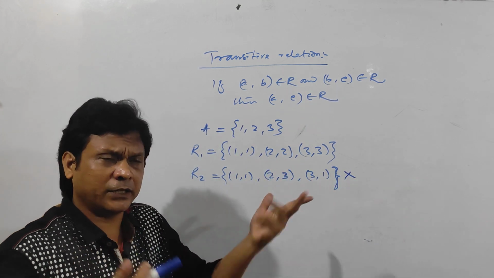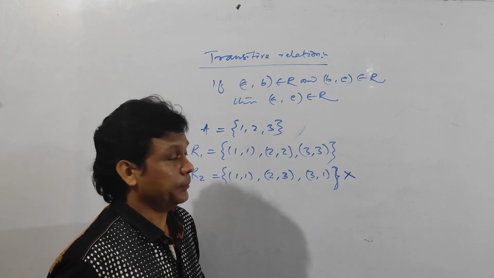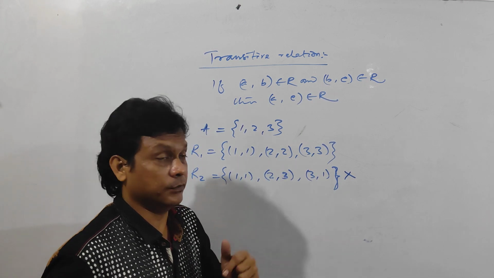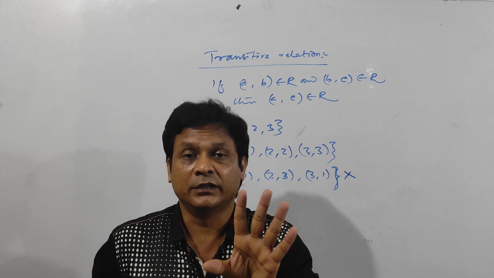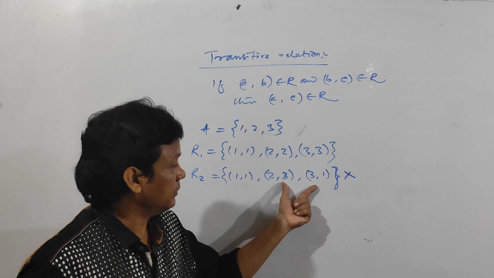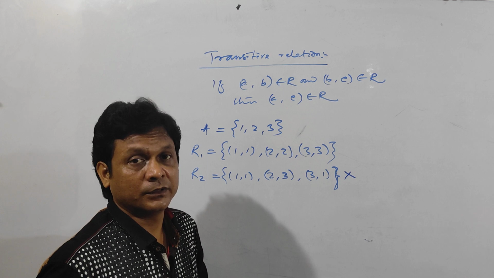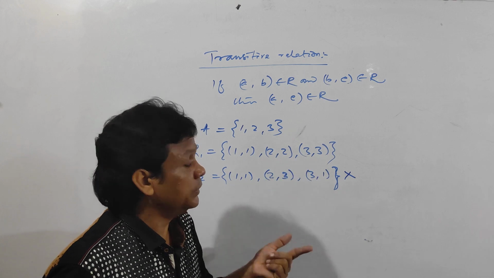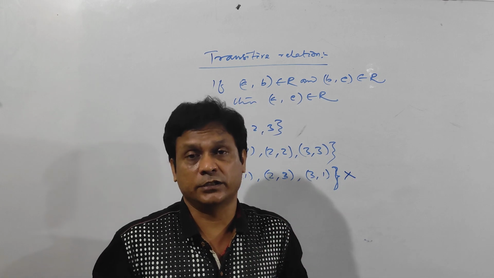Now in this case, there is no pattern here. There is no pattern here. That means there is no hypothesis. So why are you expecting the conclusion? That means it is transitive. If anybody will say, no sir, this is not transitive, then tell me how it fails. I am giving an example here. (2,3), (3,1) is there, but (2,1) is not there. Now tell me. So there is nothing to say. If you cannot give an example for which the condition fails, that means the set is transitive.